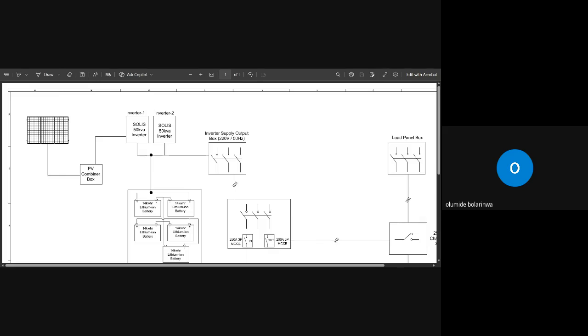Hello, are we there? Are we responding? Yes, sir. Does this 50 kVA 2 inverter equate to your solar panel? Nobody is responding. Hello, hello, sir. I can hear you. Is the total rating of the solar panel the combined rating?